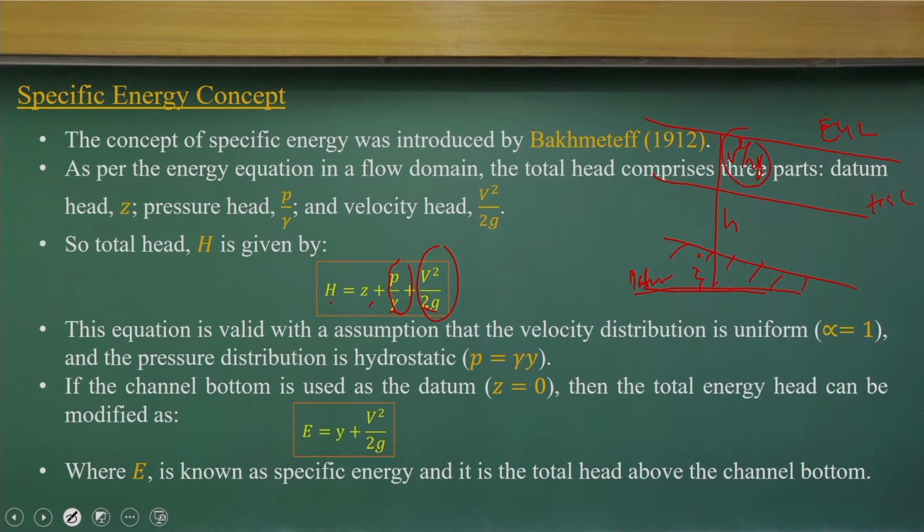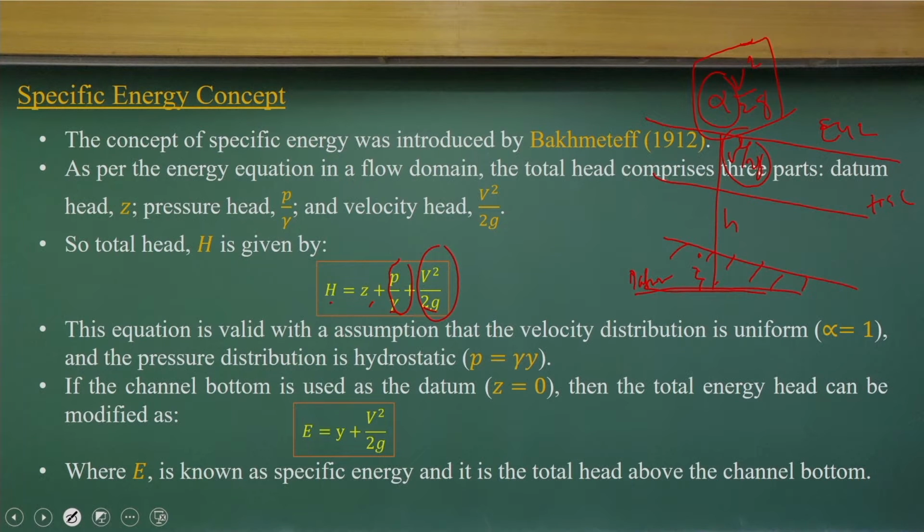Many times you also use an alpha as a kinetic energy correction factor. In those cases we consider the flow is not uniform. In the case where the flow is not uniform, we adopt the alpha value, which considers the flow velocity variations in terms of computing kinetic energy per unit weight.